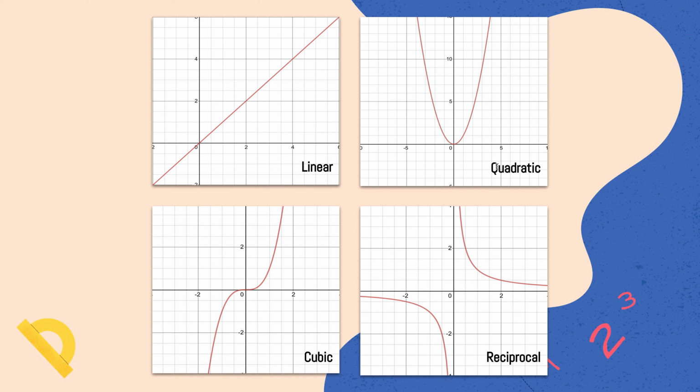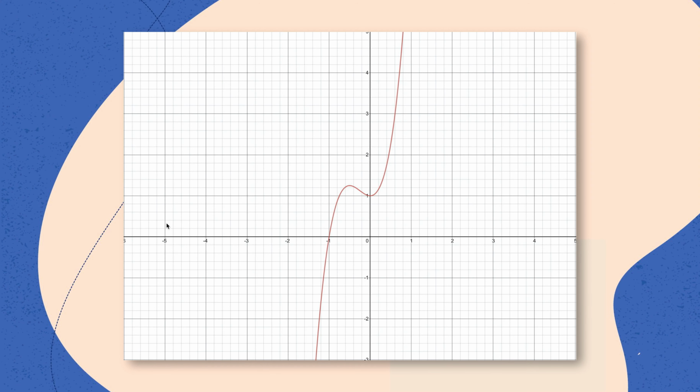So let us move on to the next one, which is a quadratic. A quadratic is a special type of function as it has one turning point. That is, it changes direction at one point, which over here is again at the origin, or the (0, 0) point. The next type of function you look at is the cubic function. In the cubic function, there are two turning points. It is not very visible over here, but if we go back, we can see this is another example of a cubic function and there are two distinct turning points.